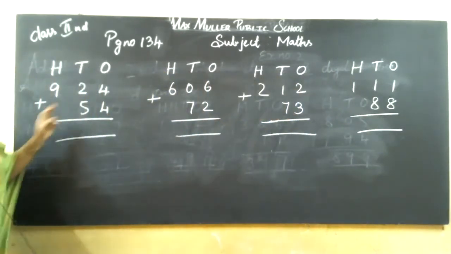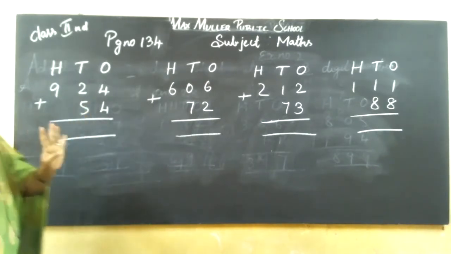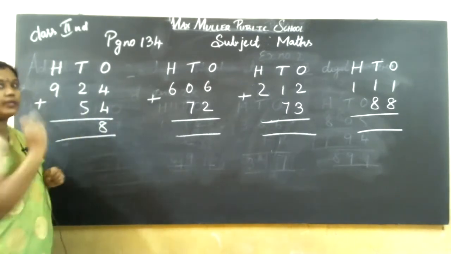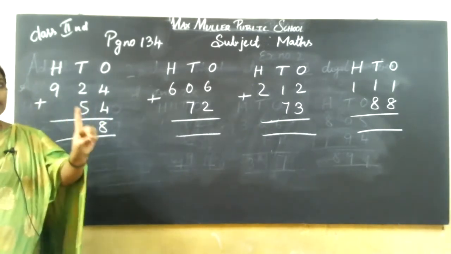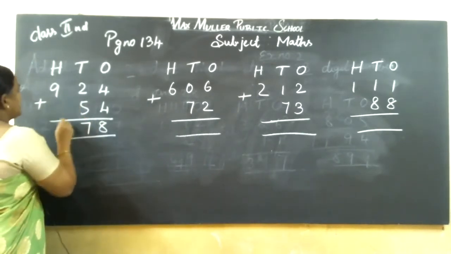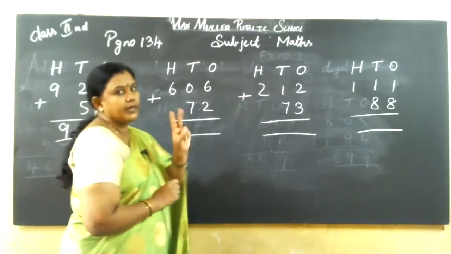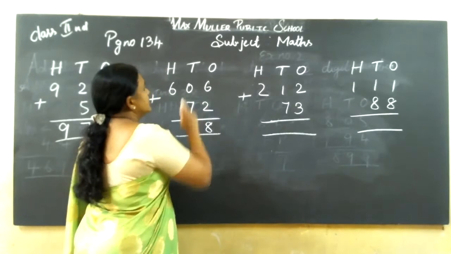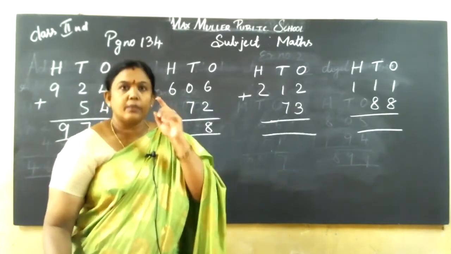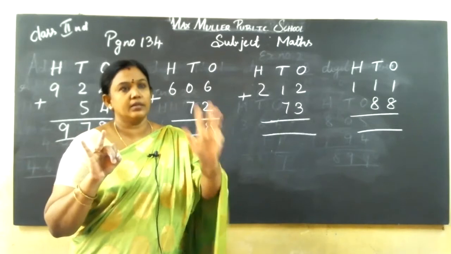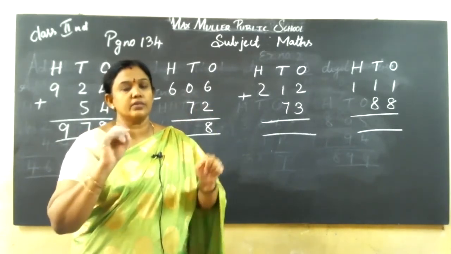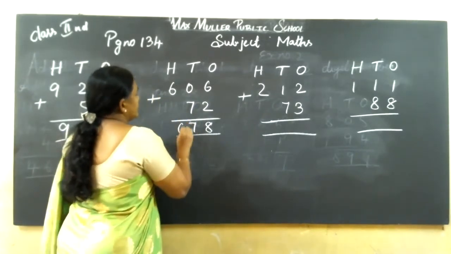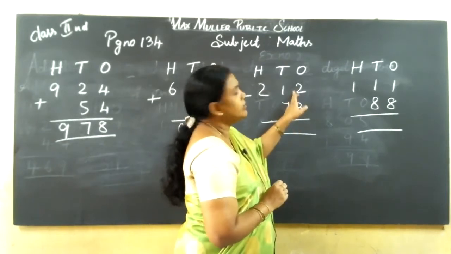Now listen, say 4 in the mind, 4 in the finger. 4, after 4, 5, 6, 7, 8. See, 5 it will repeat in the mind, 2 in the finger. After 5, 6, 7, 9. Here 6 in the mind, 2 in the finger. After 6, 7, 8. Here 0, 7. After 0 in the mind, 7 in the finger. After 0, 1, 2, 3, 4, 5, 6, 7. 6 you want to write. 2, 3 in the mind, 2 in the finger.